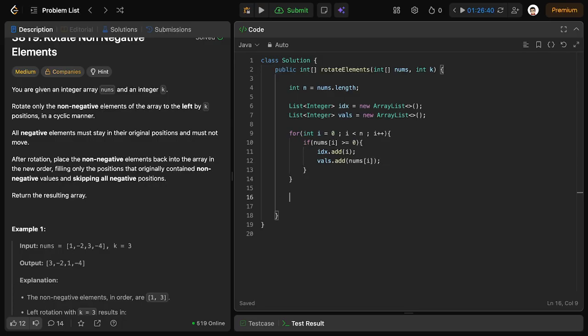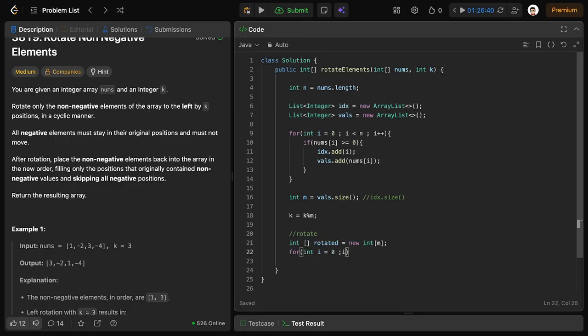Okay, now what was our next step? Firstly, we need the number of non-negative elements also: vals.size, or we can also do idx.size, any would work. And what was our next step? Reduce k is equal to k mod m. Then now we need to rotate. Let's make a rotated array, new int of size m, because obviously it is the same size as the values array, since we are just rotating, right? So now for int i is equal to 0, i less than m, i plus plus,